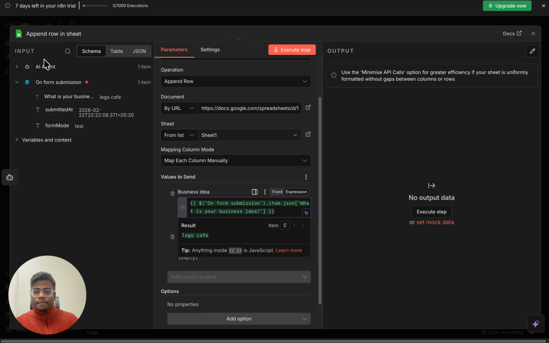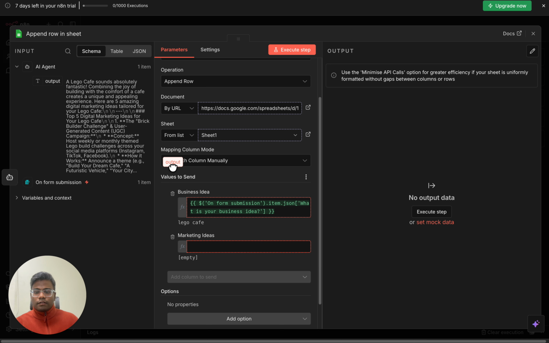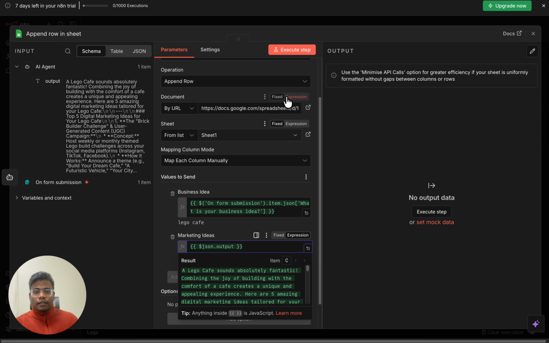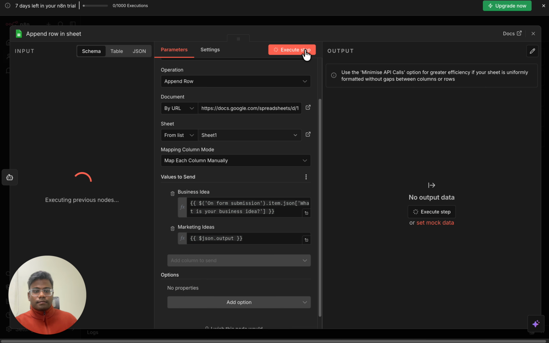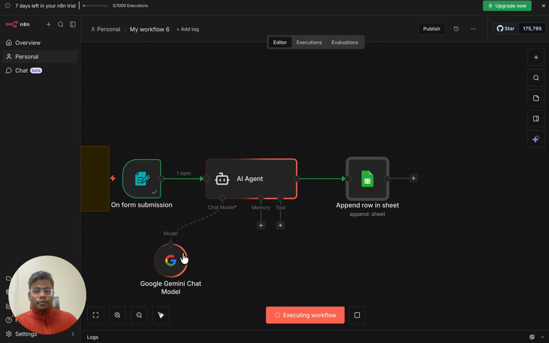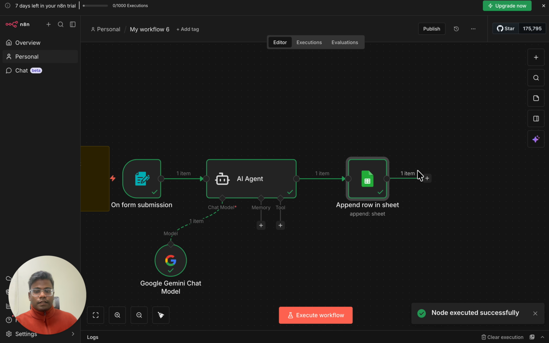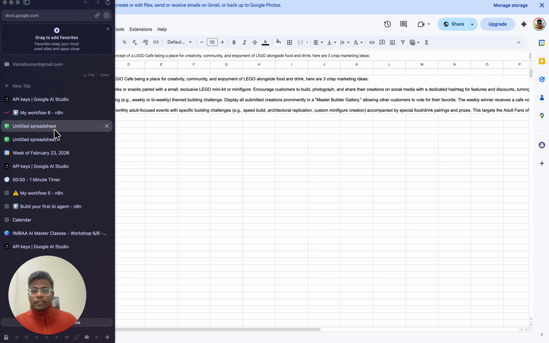and I'm going to go back to the agent and then drag and drop the output, and then I'm going to execute just this one step. And what it's going to do, it's going to run this again and give you the output. So it's running the AI agent, which will usually take a couple of seconds, and now it's saving it in the sheet. Love this animation. And if you see that sheet, I